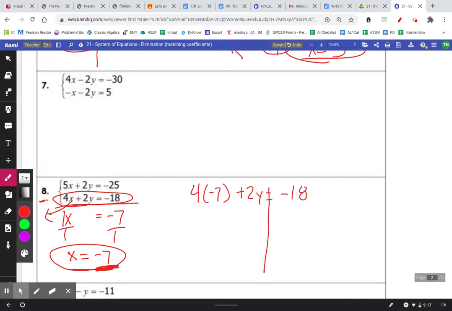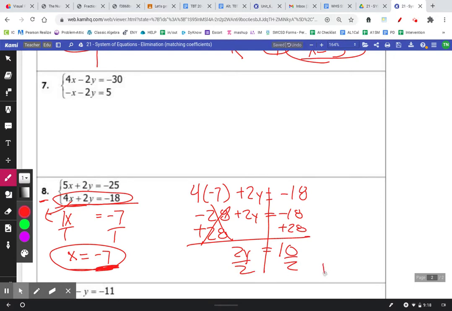Okay, so now I'm going to do just a little bit of multiplication to start getting this problem underway. 4 times negative 7 is negative 28. Plus 2y equals negative 18. To get rid of a negative 28, I'm going to add 28 to both sides. These cancel. I get 2y. Negative 18 plus 28 is 10. Divided by 2, I get y equals 5. I have both pieces of information I need. I need to write it as an ordered pair. I get negative 7, comma,